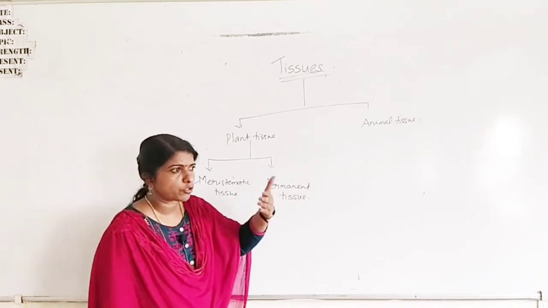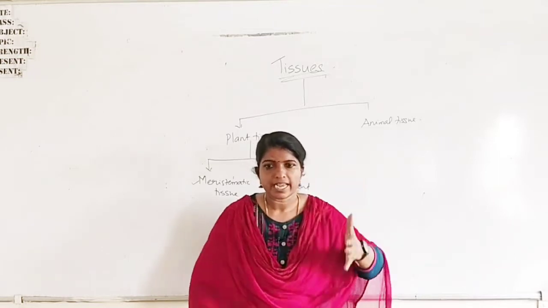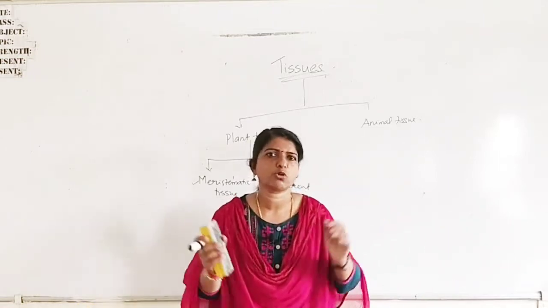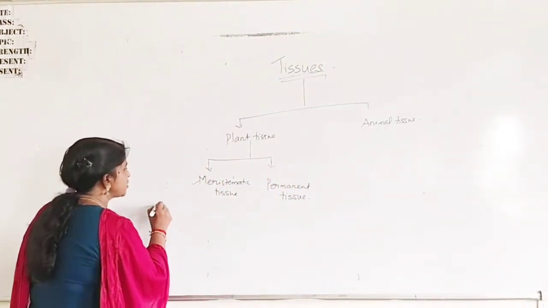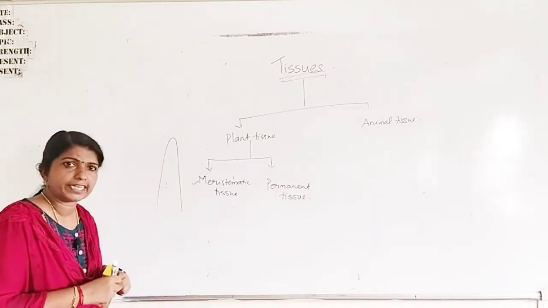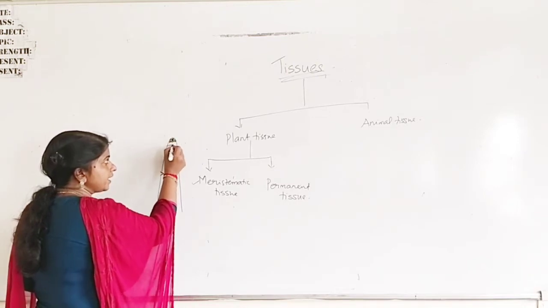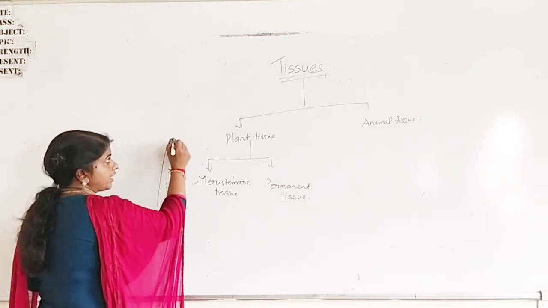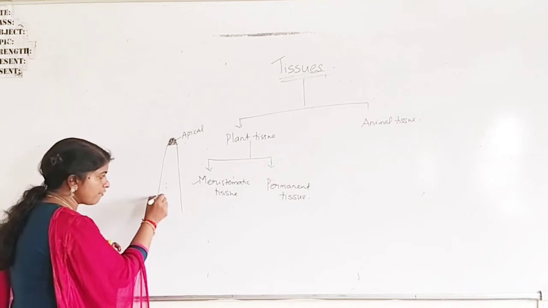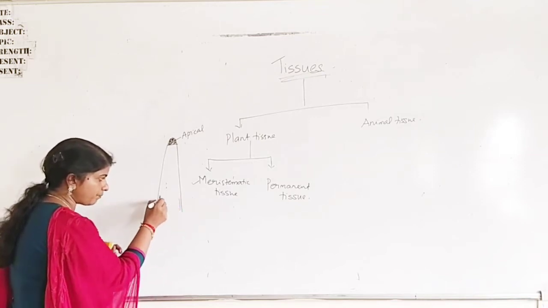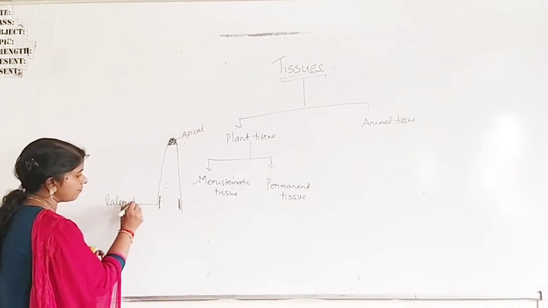And what are the different types of growth the plants normally show? They increase the length, increase the width, and the branches also arise. So based on the position, the meristem can be divided into 3. The actively dividing cells present at the tip, the apical region, are known as the apical meristem. The meristem which is present at the side is known as the lateral meristem.